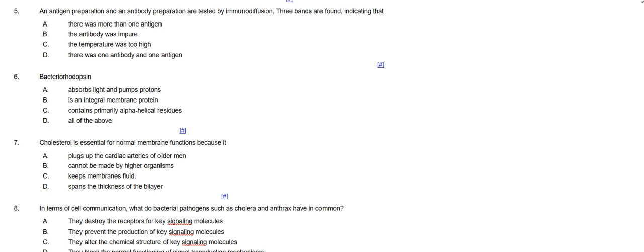Number 5 is, an antigen preparation and an antibody preparation are tested by immunodiffusion. 3 bands are found indicating that. What do the 3 bands indicate? 3 bands indicate that there was more than one antigen. Okay, there was more than one antigen. Next,